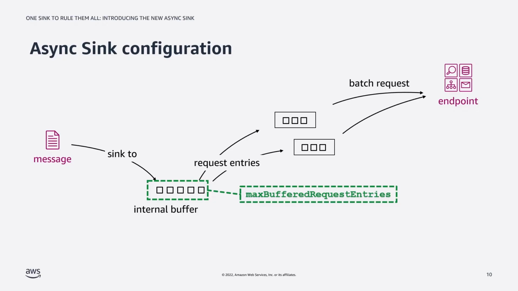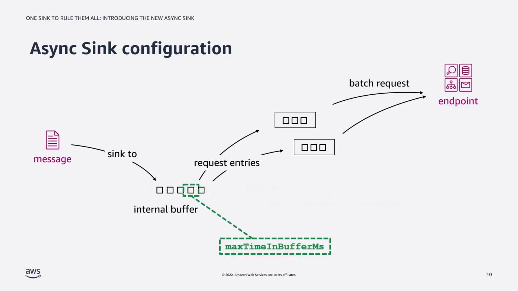So if the maximum number of buffered request entries is exceeded, then the sink will stop accepting new records and it will apply back pressure to the job graph. And then finally, max time in buffer milliseconds. There are 3 eviction strategies, or flush strategies. One of them is based off the number of bytes, one of them is based off the number of records, and the final one is the max time in the buffer. So if a record sits in a buffer for too long, we can then flush that,